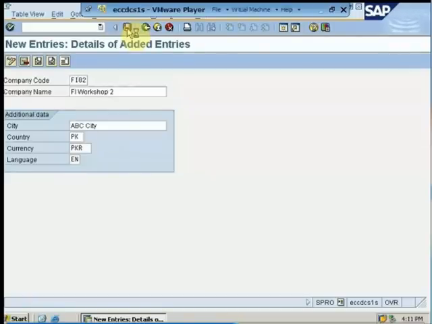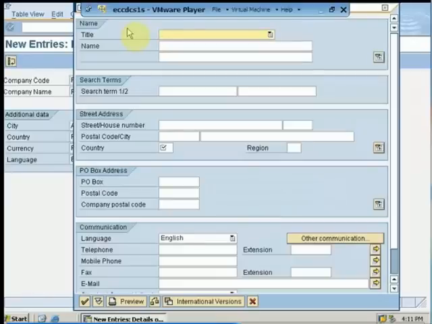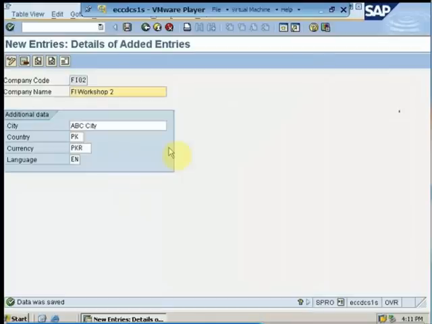new company code. What SAP recommends is that we always need to create a company code by copying a standard company code which is delivered in SAP, that is 0001. But we can also create a new company code from scratch. If we are using similar properties as of company code 0001 with same chart of account and account assignment properties, then we can always copy the company code from 0001.